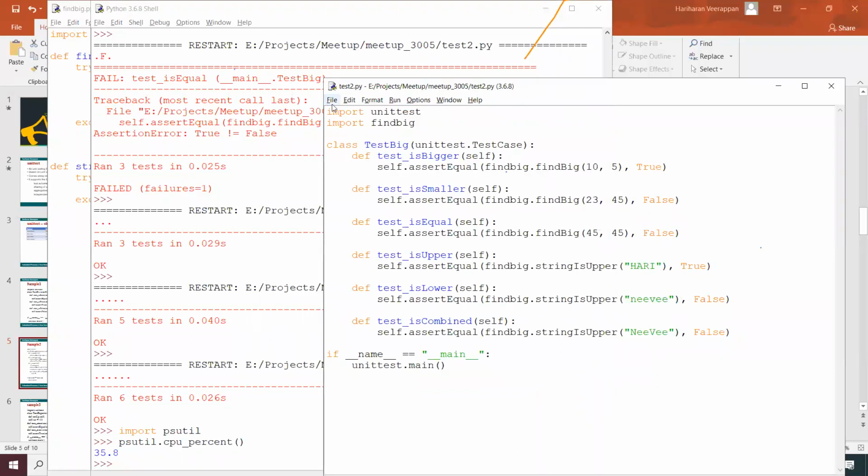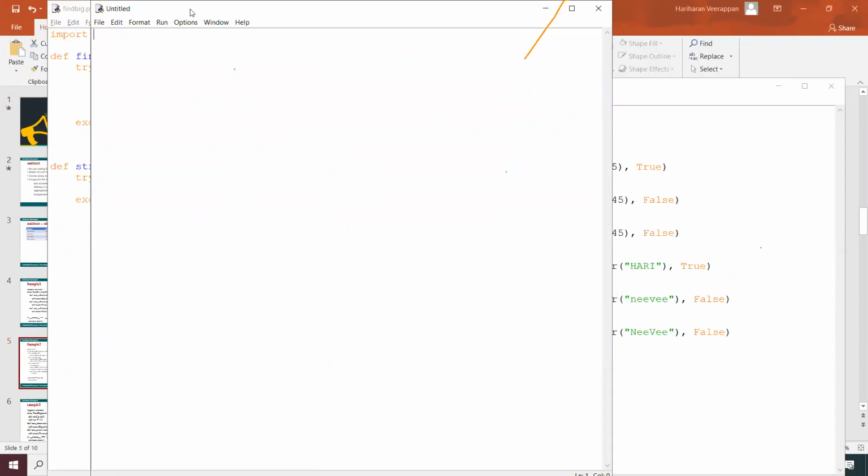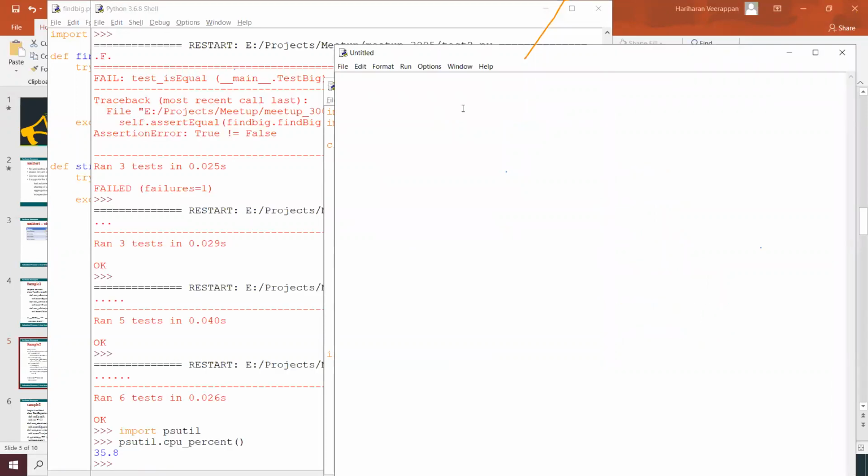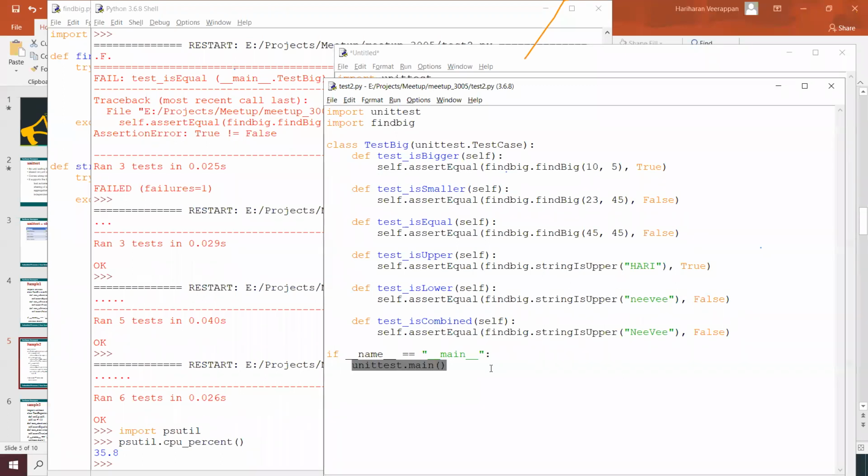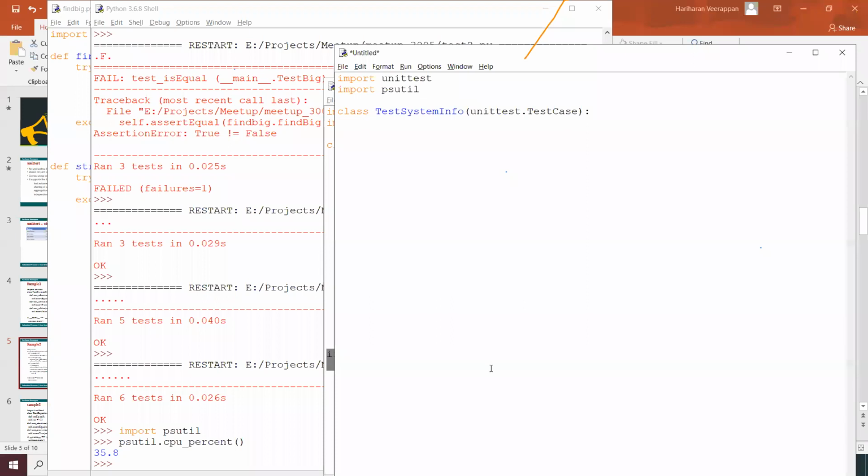For example, I am going to create another one, and I'm going to import unittest and then import psutil, and a class TestSystemInfo with unittest.TestCase. I'll copy this two.